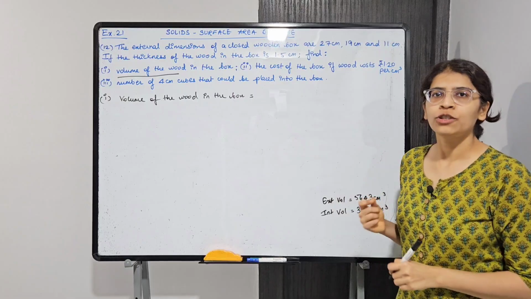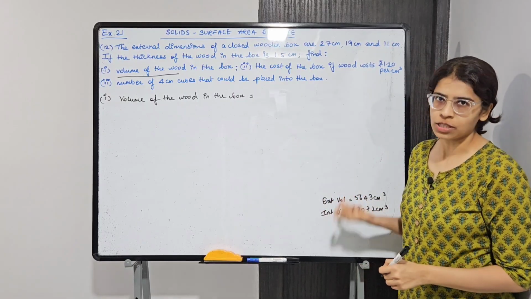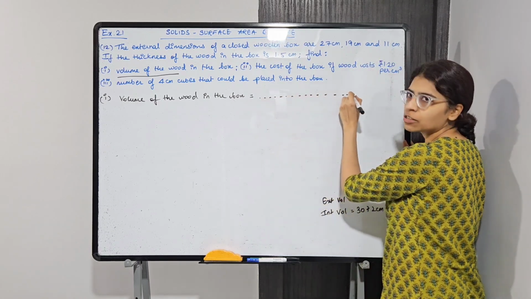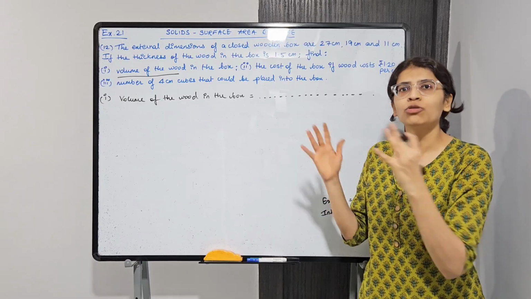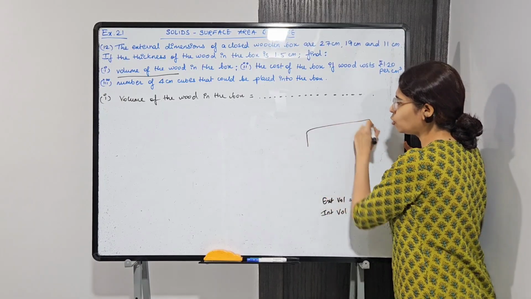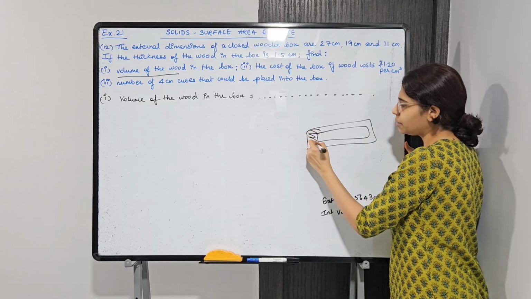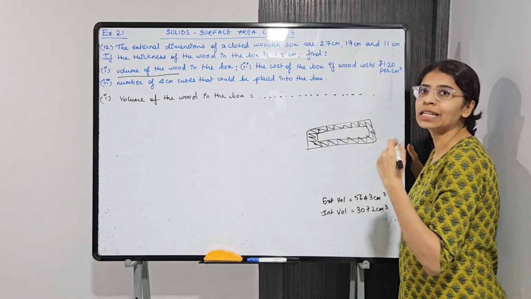For the volume of the wood in the box, we have the external volume and the internal volume, we just need to subtract. Okay, so write down external volume of the box minus internal volume of the box. जो भी external volume है and internal volume है, दोनों को subtract करेंगे. जितना भी external volume है उसमें से internal volume subtract करेंगे, then you will get the remaining part, right? That is the wood required to make the box.